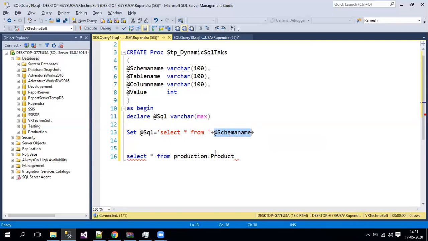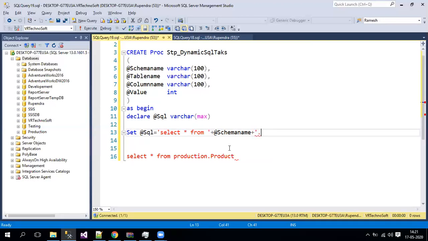Now as your dot is a static value, again start off with a single quote, because the earlier single quote ended over here, right? So you cannot begin with anything else. To keep this dot as static, you need to start with one more single quote here, and then the dot.